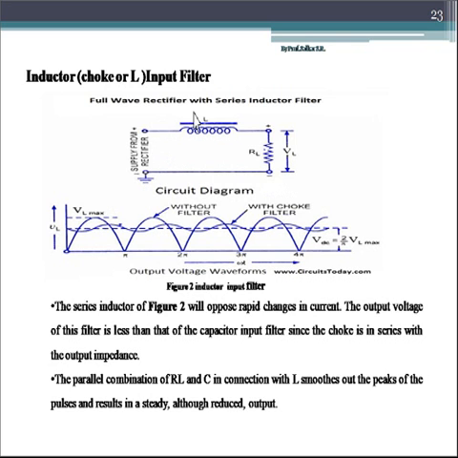So what has the inductor done over here? It has opposed the change in the AC signal coming from the output of the rectifier, and it has easily bypassed the DC signal through it and given it to the load RL. Thus at the output, that is across the load RL, we get only the DC signal.